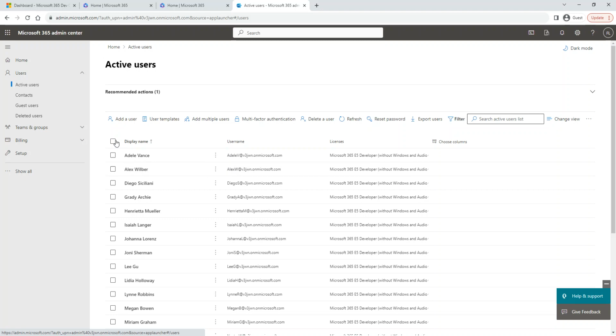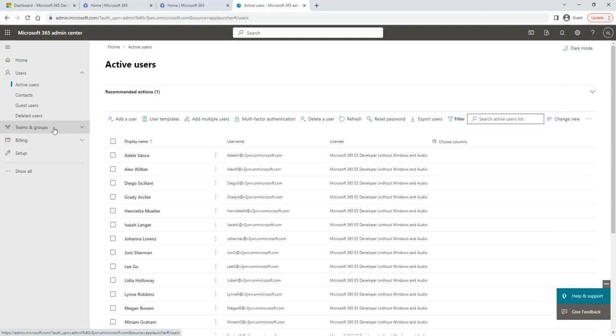But if we have a different organization that needs to have access to some of the resources in my organization, we can add it as a guest user or as a contact. Okay, so that contact or guest user won't have an email address similar to mine, right? So that is what guest user or contact means.